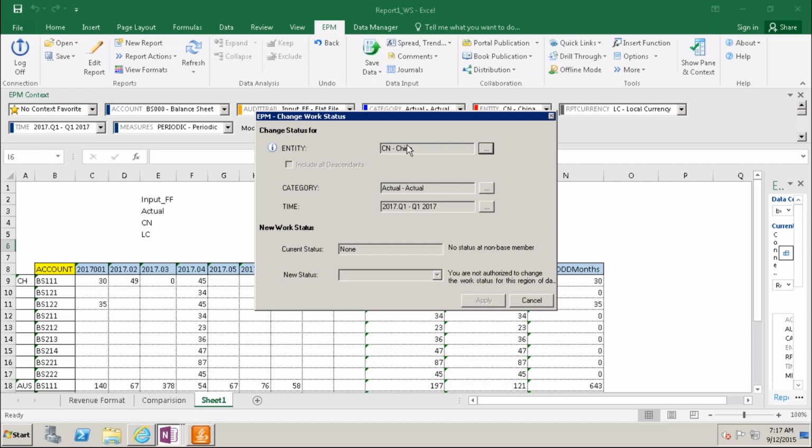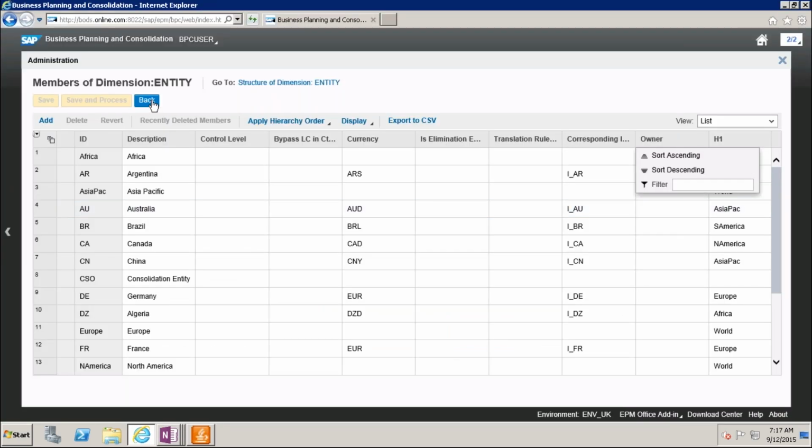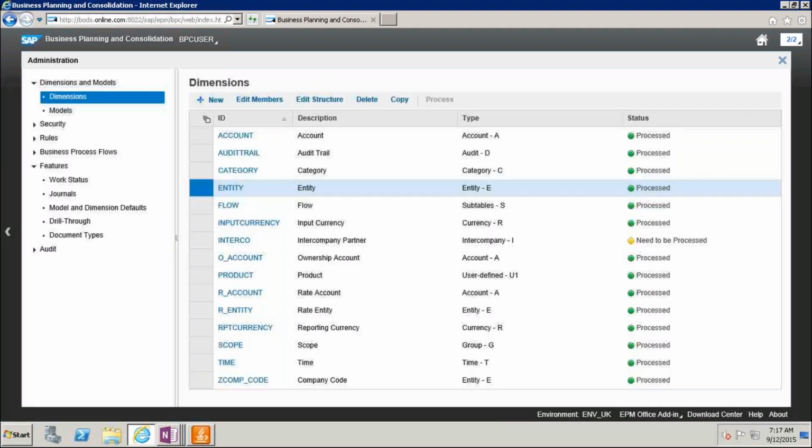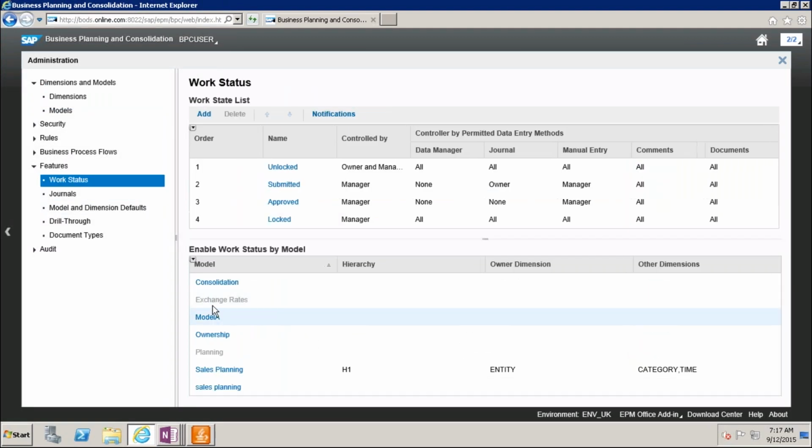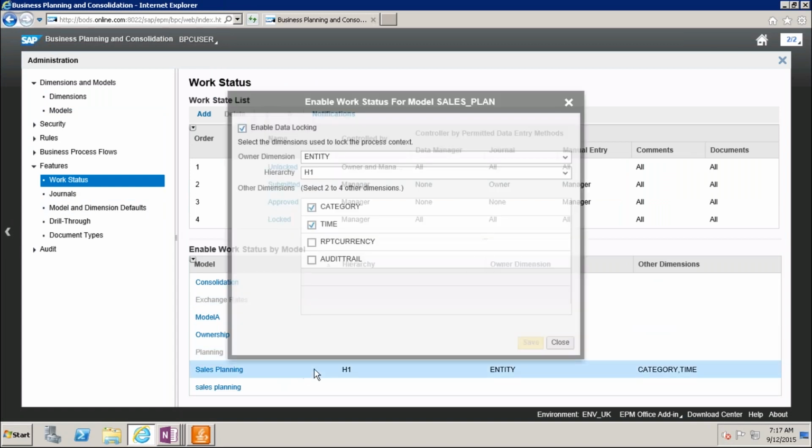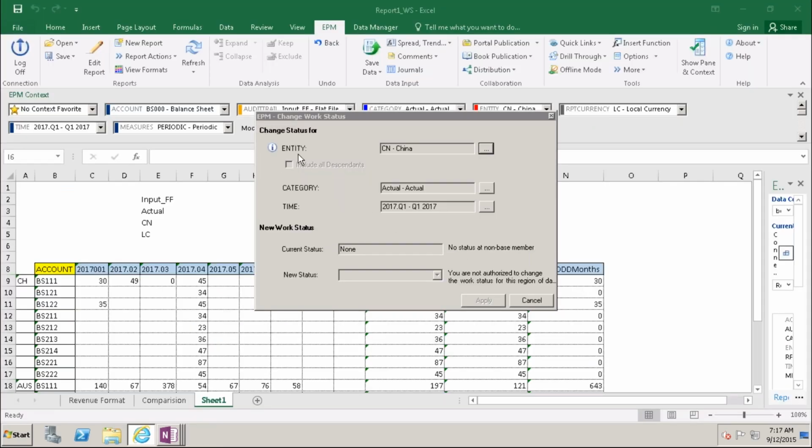Click on that. Whatever dimensions you have taken here, you can see those dimensions here: category, time and entity. These three dimensions you can see here. We can change the status based on these three dimensions.